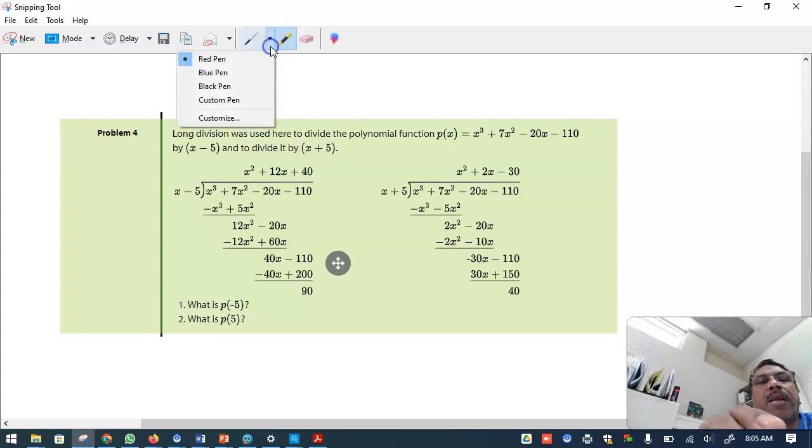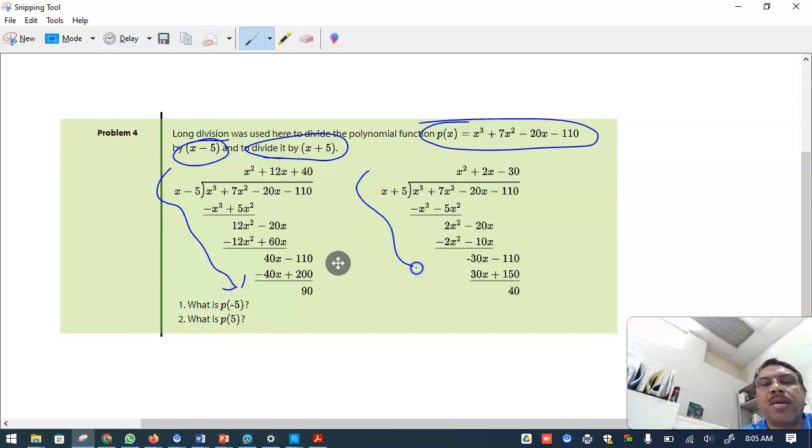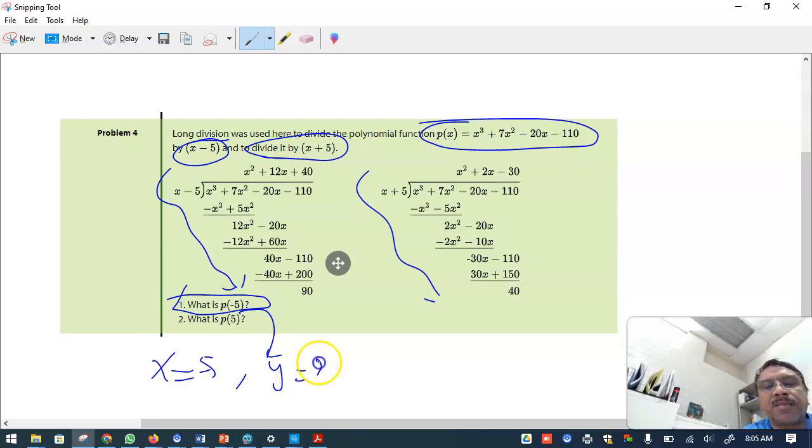In this problem, they did give us that this polynomial is being divided by binomials: one is x minus 5, the other one is x plus 5. All the work is shown. The question is, what is p of minus 5? It means when x is minus 5, what is the y? So when x is the input, which is the independent variable,